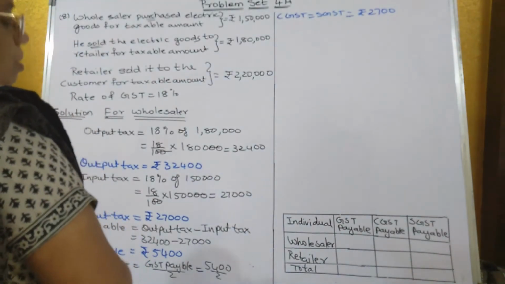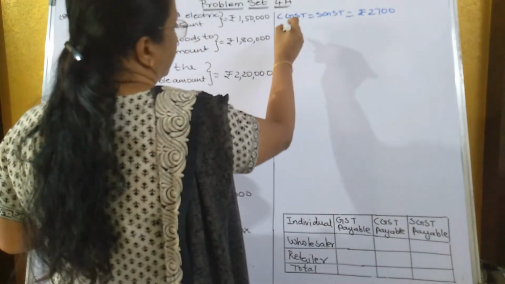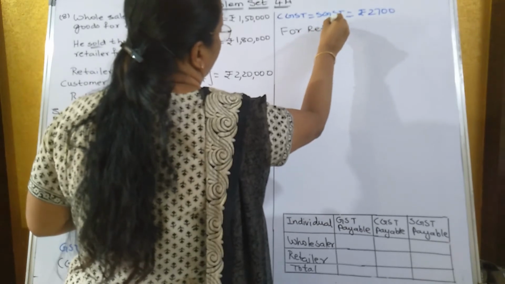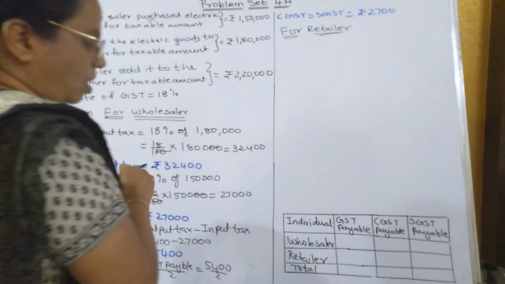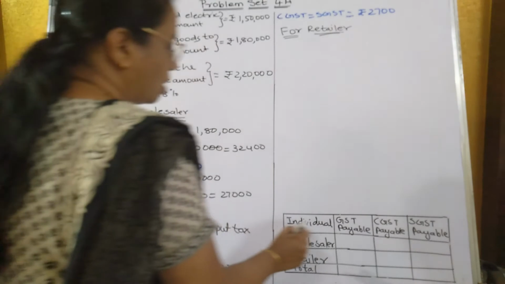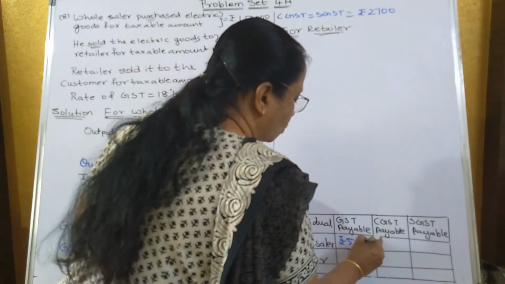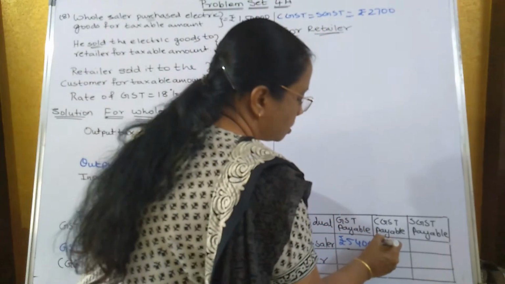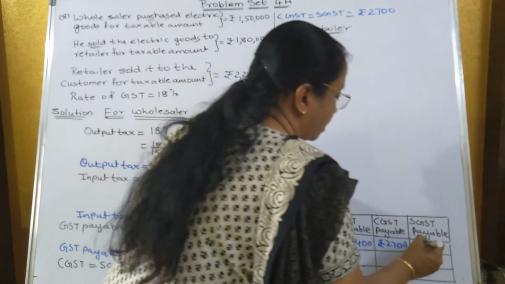So 2,700. Now next one for retailer. Now first we write down the wholesaler. What is the GST payable we have got? Rupees 5,400. And CGST payable we have got how much? Rupees 2,700. Here also it will be same only,